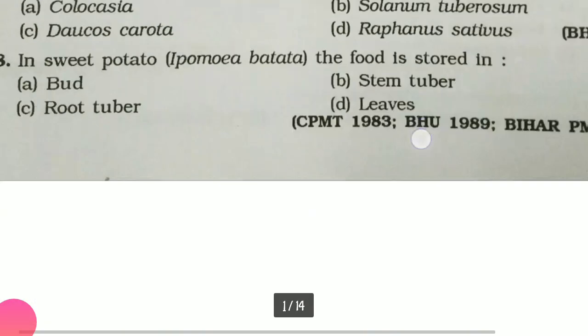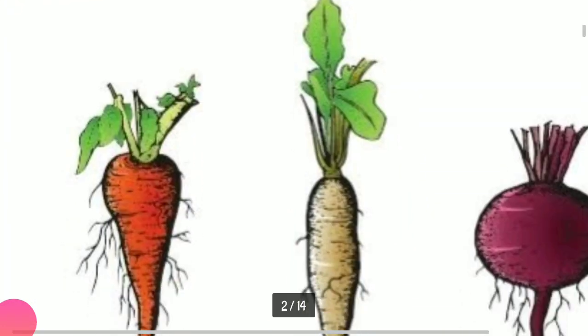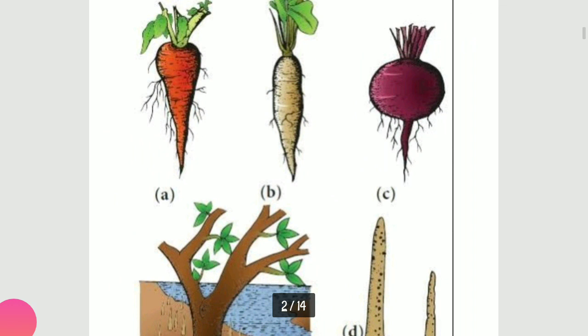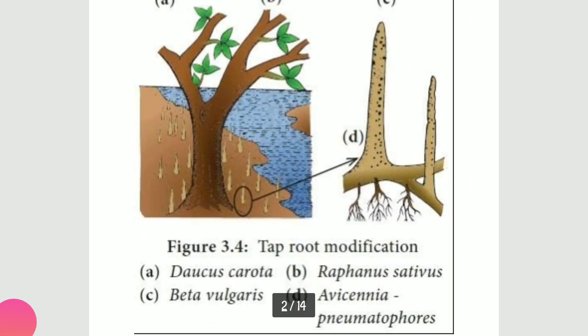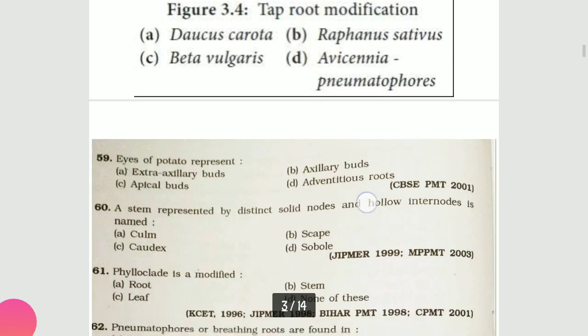Understood? Now coming to one diagram, students, see here some of the diagrams are there. Out of these, this diagram is very important, which I was supposed to show you all. See, this is Avicennia, the pneumatophores. Actually in saline conditions, in this area here you can see one river is there. The salinity is more in the soil, and these are the breathing roots which will allow the roots to breathe. That's why I have shown you all, and its name is pneumatophores.